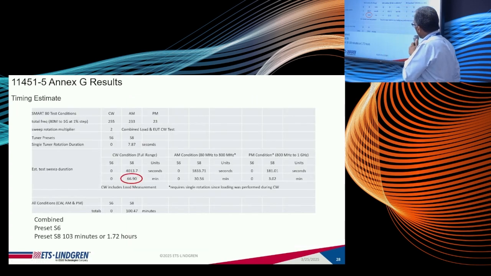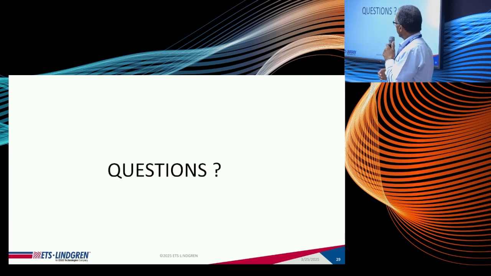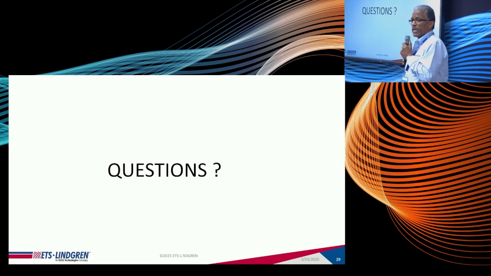And of course, one of the big advantages here, again, is the saving in time, because now you're not doing a separate field uniformity analysis, where you're running the characterization of the empty volume, and then doing a separate measurement of the DUT loading, and then doing a test based on those prior measurements. You're doing all of that on the fly in one sequence of measurements. So it's a very big time saving, and that's one of the big benefits and advantages of the procedure that's suggested in this ISO standard.